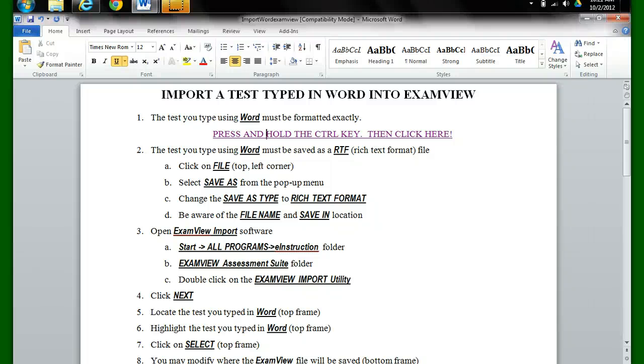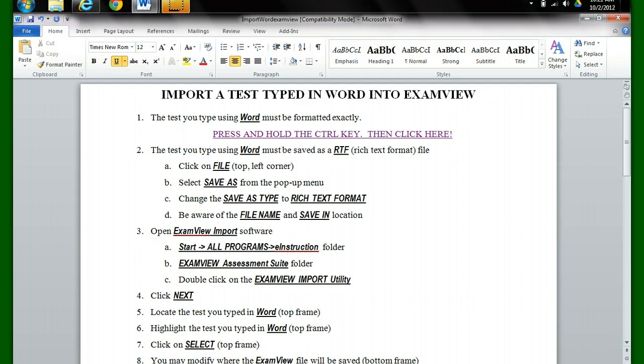Hey, as we get closer to exams, I wanted to give you some options for Examview and doing imports and getting questions into Examview. Examview is a program that's installed in all of our computers, and some software companies and some textbooks give you banks. Well, if you don't have a bank or your bank's not really up to par, you can still use Examview